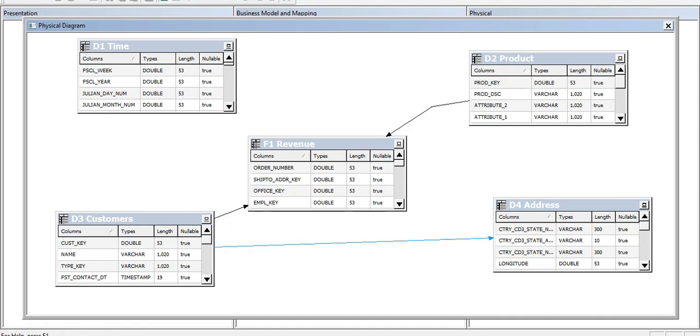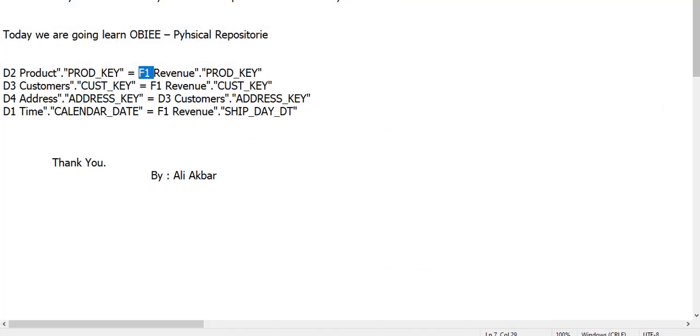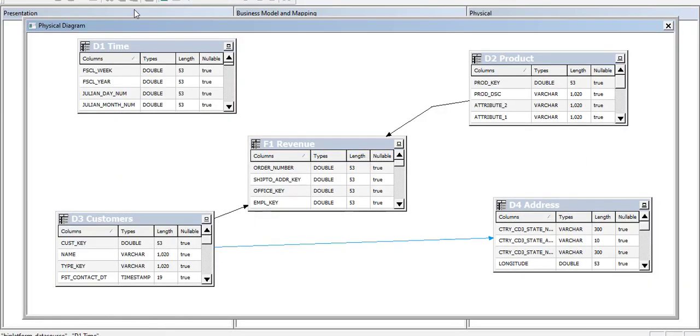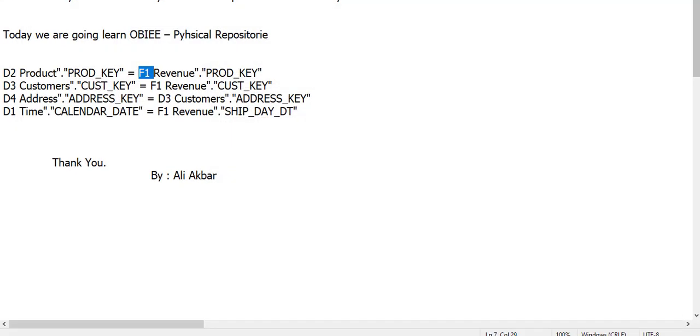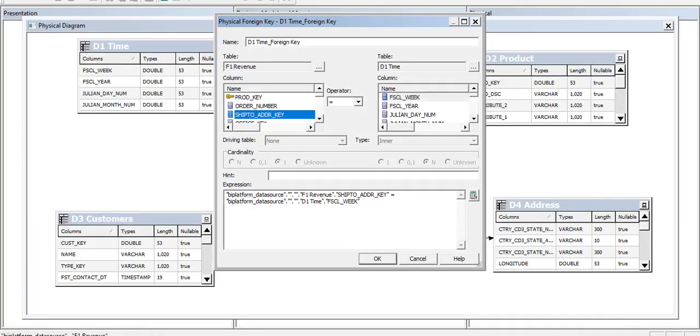At the last, we will create a relation between D1 and F1, calendar date and ship date. I'm pressing new join D1 F1. F1 has a ship date and the dimension table has a calendar date.